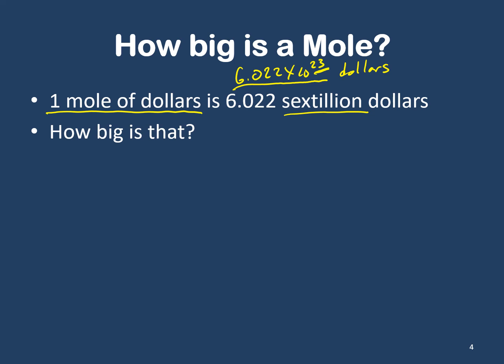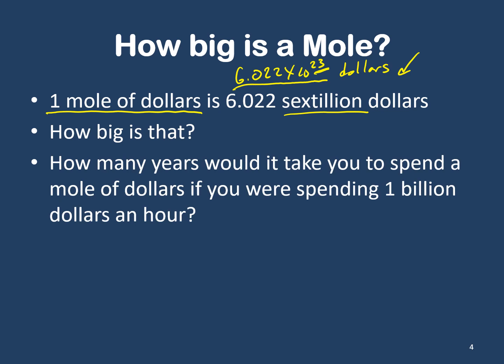How big is that? Well, let's say our new family credo is let's go bankrupt. So we're going to see how long it'll take us to spend this money. Now, if we want to spend this money, we got to figure out, okay, well, how much are we going to spend and over what amount of time, right? So we're going to go with the small amount of money of we're going to spend $1 billion an hour. Every hour for every day for pretty much the end of time. All right, so from now on, I'm always going to be spending $1 billion every hour until I run out